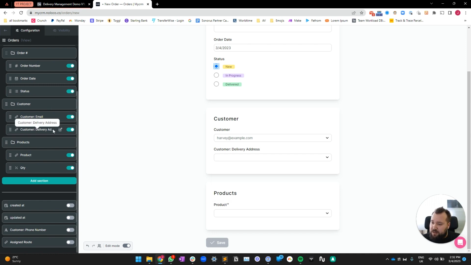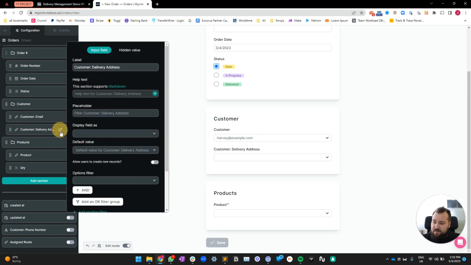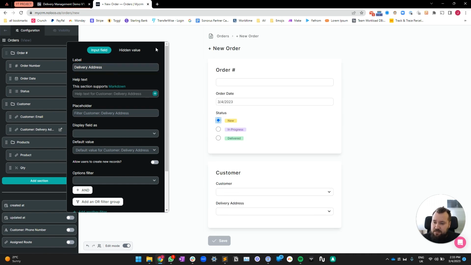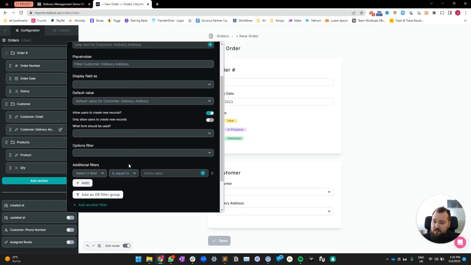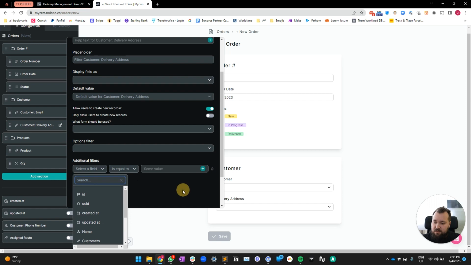Super easy. Let's first of all jump into that field and just clean it up. Next, we want to create an options filter. And to do that, we also want to allow people to create a new address. So that's nice. Next, we have to say in the filter over here, when I press plus,